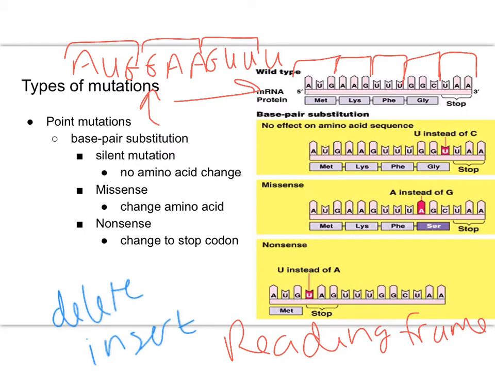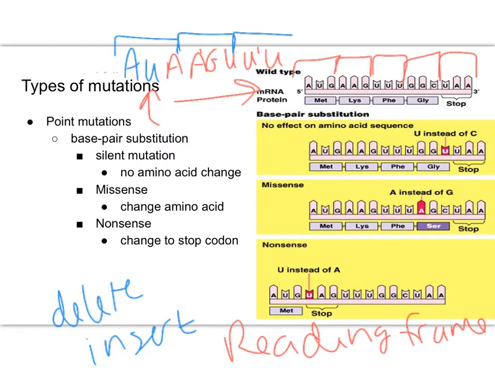We say the same thing if we subtracted one. Okay? Instead of adding a G, let's subtract the G. So now, again, my groups of 3 are going to change. So now I get to these as my groups of 3. So I've shifted how I read it, how I group it. And so insertion, deletion mutations will do that. A point mutation that is a base pair substitution will not do that. But a substitution can give us these missense, nonsense mutations.